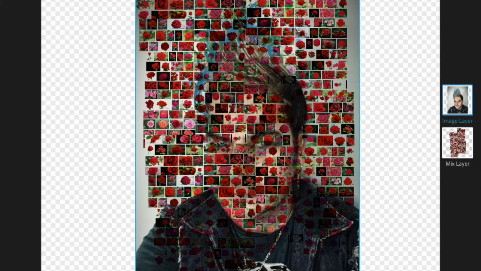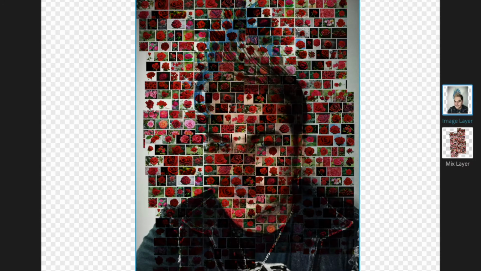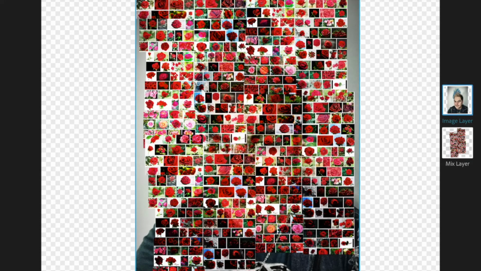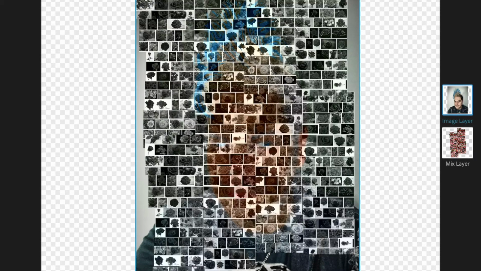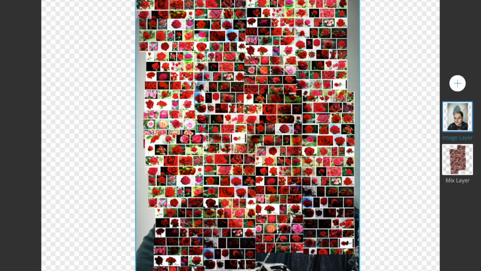Now have a look at the different blend modes to see which one you think is going to work best, so that it actually looks like it is different colored photos rather than a picture overlaid. So the color one, it isn't too bad. Overlay works quite well, and you might think that you can't see the picture well enough here. So what you can do, obviously, whenever you do any of these effects, you can adjust how transparent it is, but you can also duplicate that layer